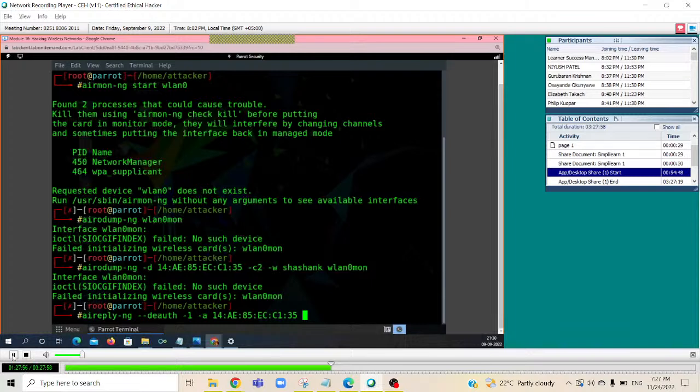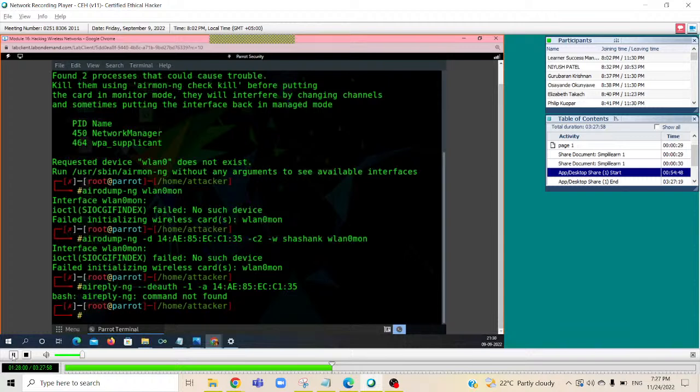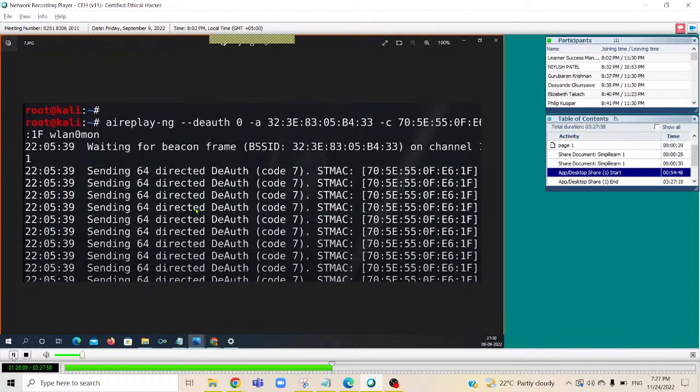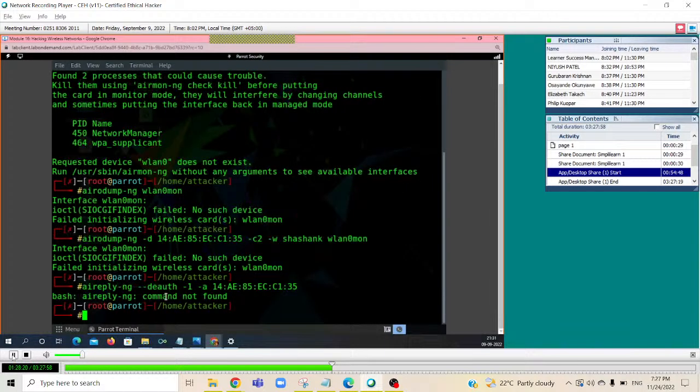So once this disconnection is done, automatically everyone will try to log in. When someone is trying to log in, automatically we can capture the password. Once you send de-authentication, all the users available in the system will be logged out, and they will start to log in. Now, after 5 minutes,